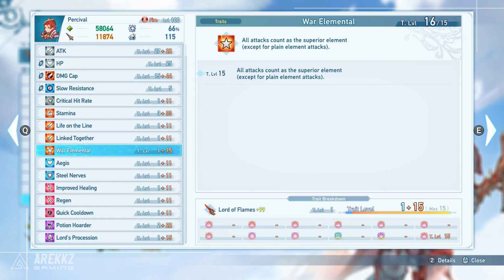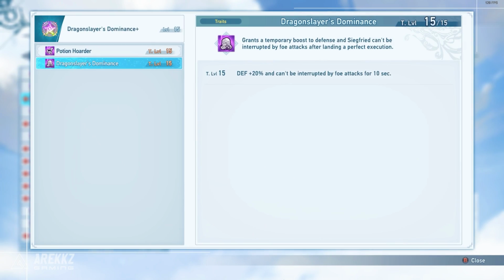War Elemental is a rare drop and allows all of your attacks to match an enemy's weakness, so it's really good, but I don't even have this myself yet. Siegfried's unique sigils are a nice bonus, although rare, with one of them granting you 10 seconds of Stout Heart and a 20% defense buff after doing a perfect execution, which further lets you ignore enemy attacks and just keep